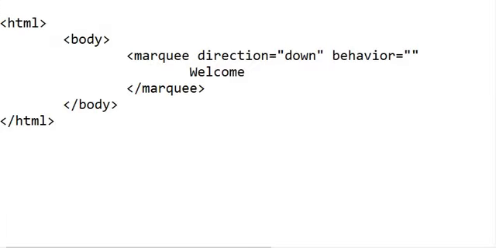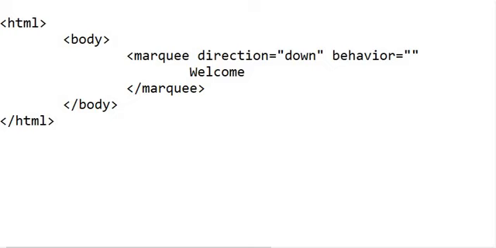Okay, the next attribute is behavior. Basically the behavior attribute helps us to define the movement of the Marquee tag. What is movement? Movement means how it shows the item in the web page.